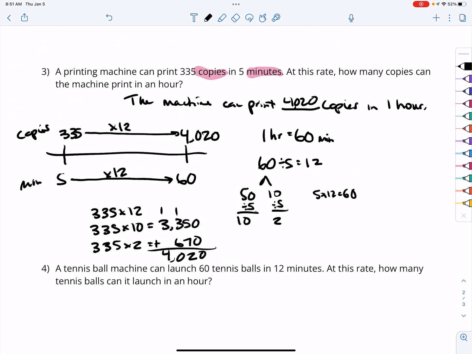And if we think about this with a table style, because I do want to check that. Well, we have copies, and we have minutes, and we know 335 copies in 5 minutes. So in 10 minutes, it's going to be double that. So that would be 670. So now, if we double that again, that would get us 20 minutes. That would be